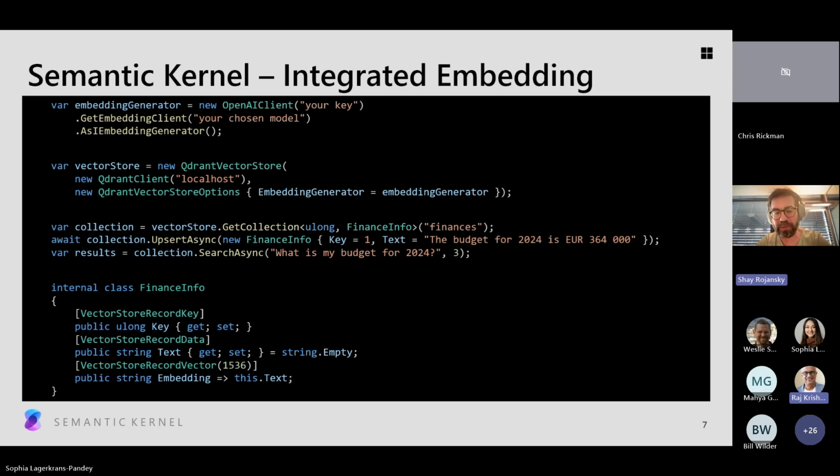Absolutely. So regardless of whether you're using this new integrated embedding generation or not, that's an orthogonal thing. If you look at the search async, there's actually a third optional parameter, which we're not using here, to pass more options. There's all kinds of other options, and one of them is the filtering one.